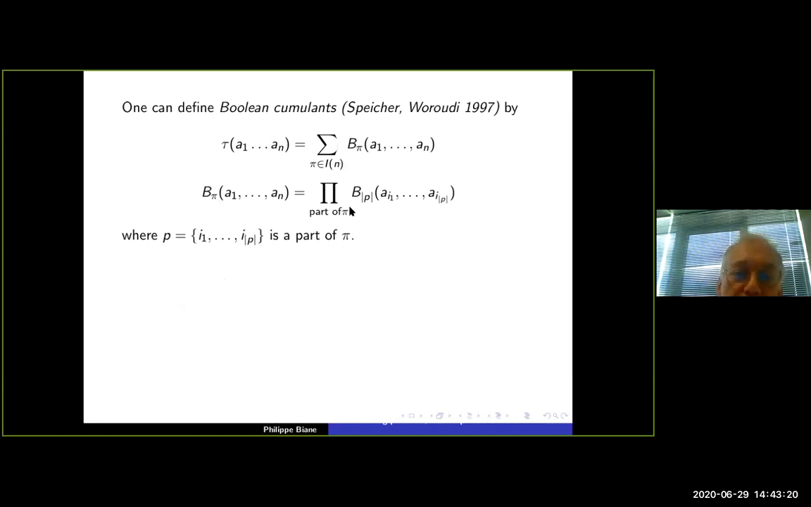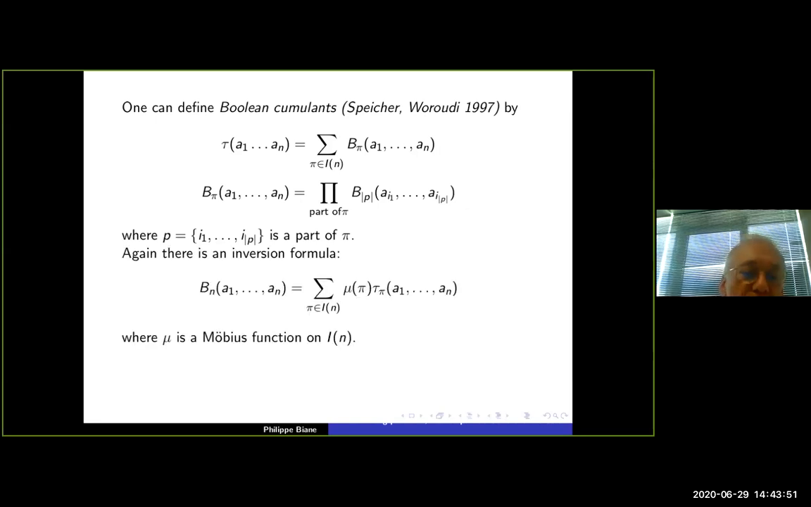So B pi here are given by a family Bn of multilinear functionals on your algebra. So we again have an algebra A with some linear form tau, and the Boolean cumulants are given by this formula. With a very analogous computation to what I did in the case of free cumulants, it is easy to see that there is an inversion formula,